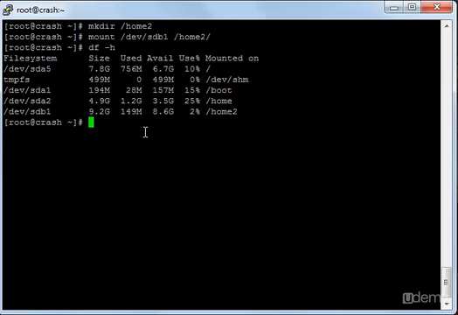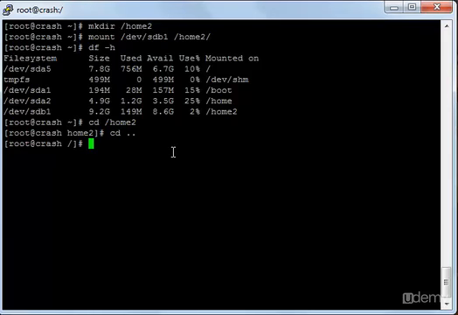So to get to the directory, you'll type cd /home2 and press enter. And of course, anything that you will create here under home2, if it's a directory or a file, it will be under SDB1. Now I'll get back to the root,